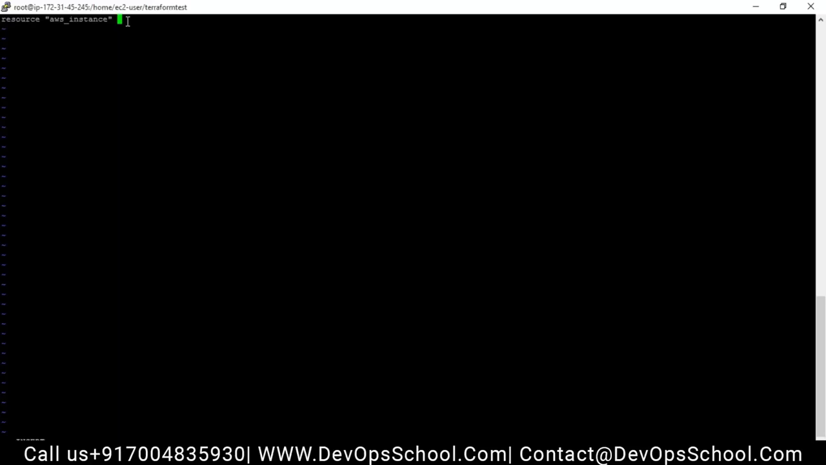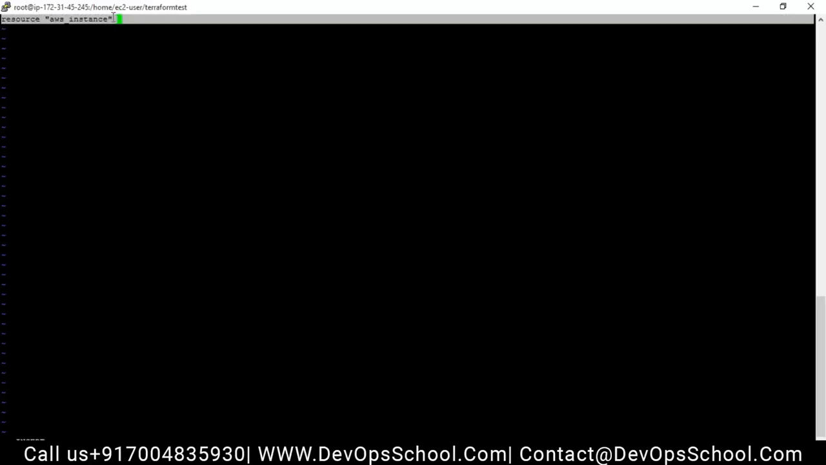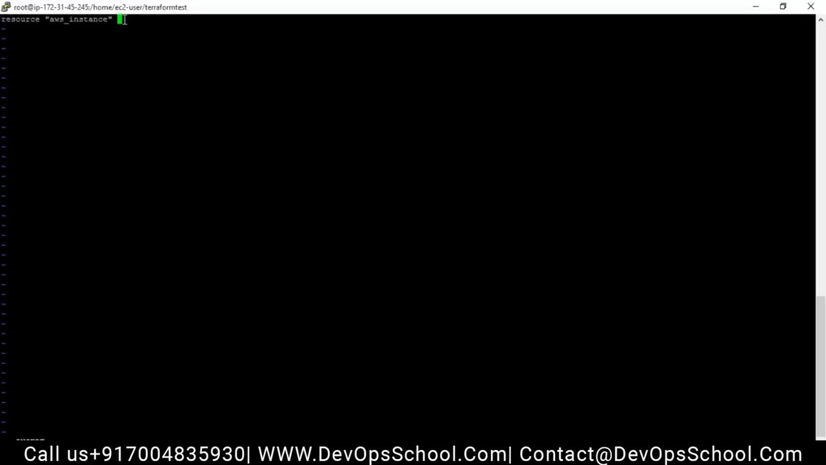When I say fixed, what does it mean? It means that whenever you want to create any EC2 server in AWS via Terraform, you have to specify this. You cannot change it at any cost. So the next thing would be